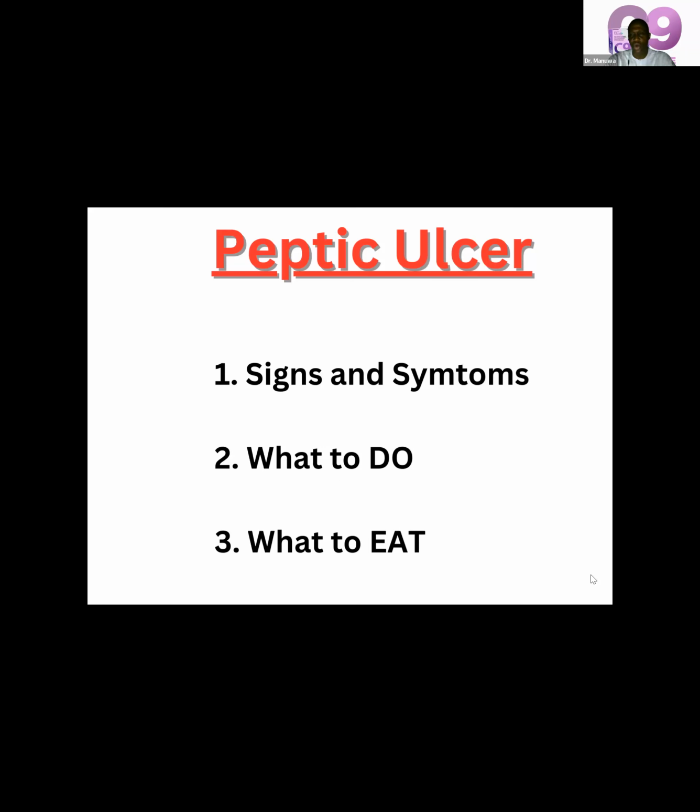So pain in the upper part of the abdomen, of the chest, that is, we say epigastric region in medical terms, and then sometimes there is nausea and vomiting, and then some people will also have bloating or belching, and in the severe form, some patients will even be vomiting blood,